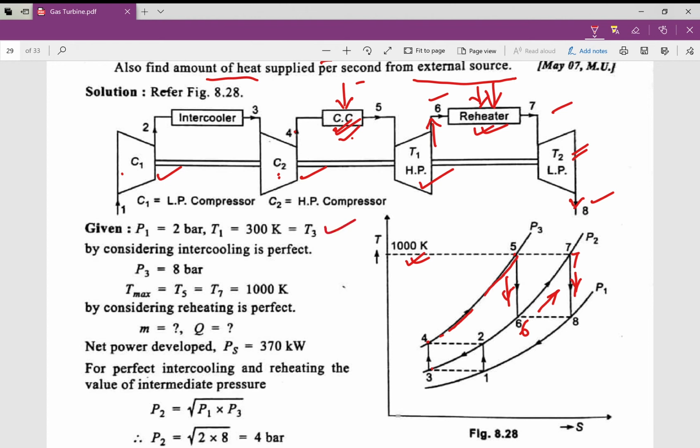So these values are given due to perfect intercooling. We know already P3 can be calculated, that is coming out 8 bar. T max is already given in the numerical, that is 1000 Kelvin. By considering reheating is perfect, we have to calculate mass flow rate, total heat supplied, net power given 370